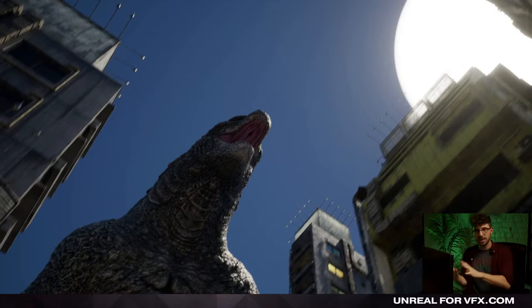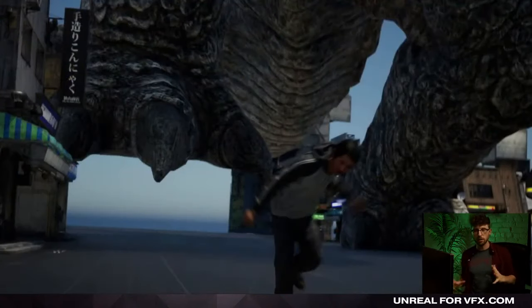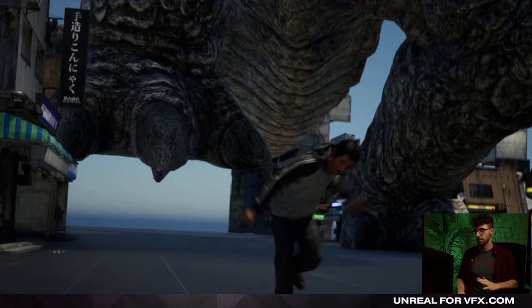So I went back into my viewport, I went to the ground level, I started pointing that camera up at the sky and moving around Godzilla until I could find a cool shot. And then I tried out some different ideas, took a couple different screenshots, and you can probably recognize this as the very first shot in the sequence, but it started out blocked out just like this, in a super simple way, using free animations, free characters, and just bashing this together to get a first screenshot. And this is enough to start telling your story.